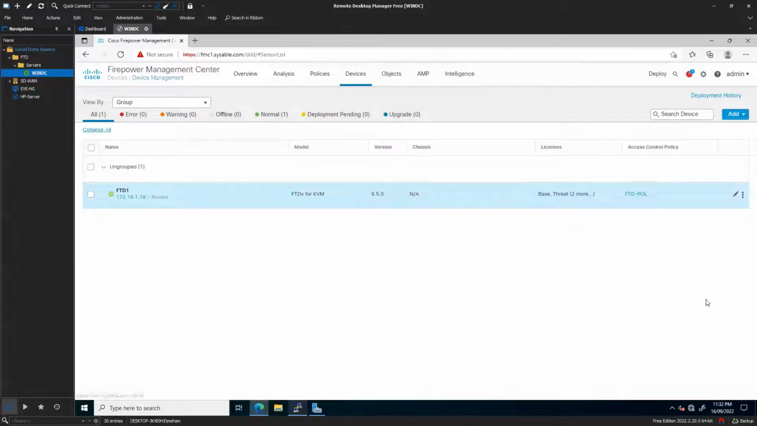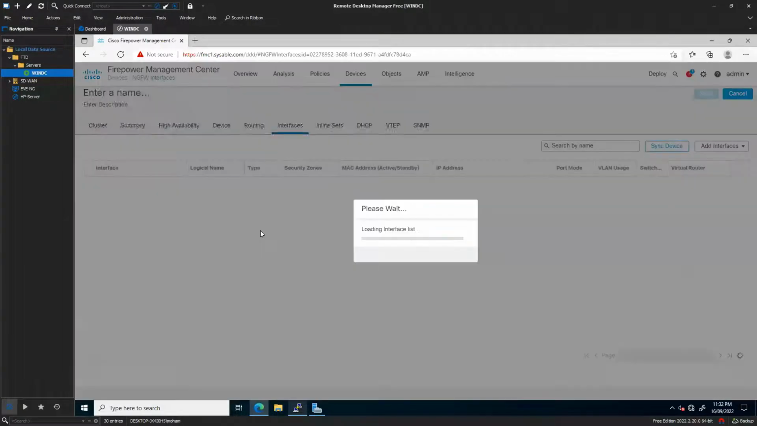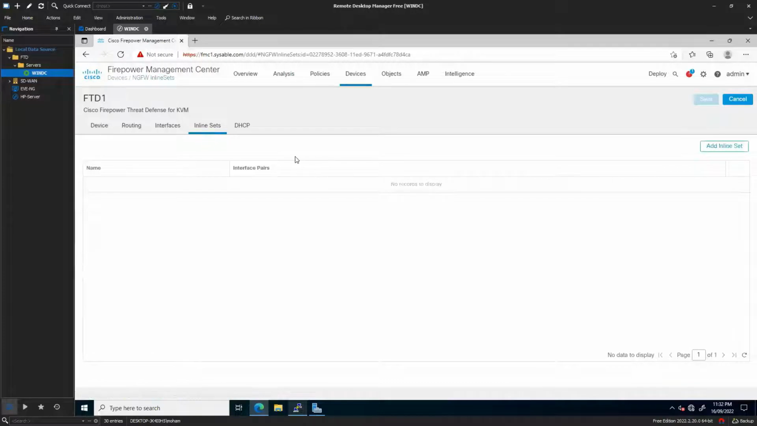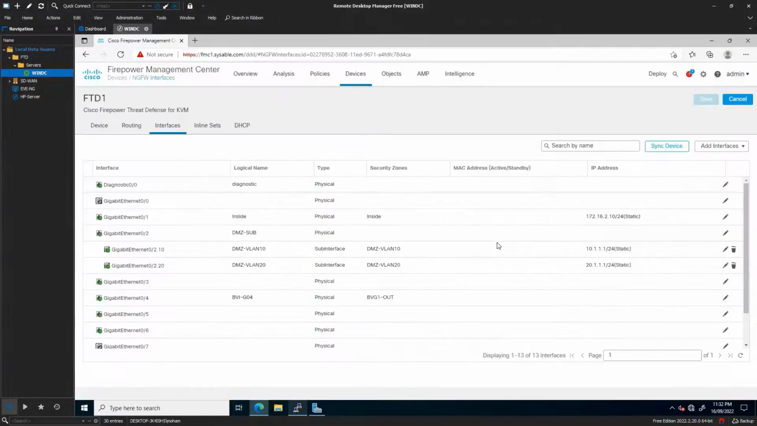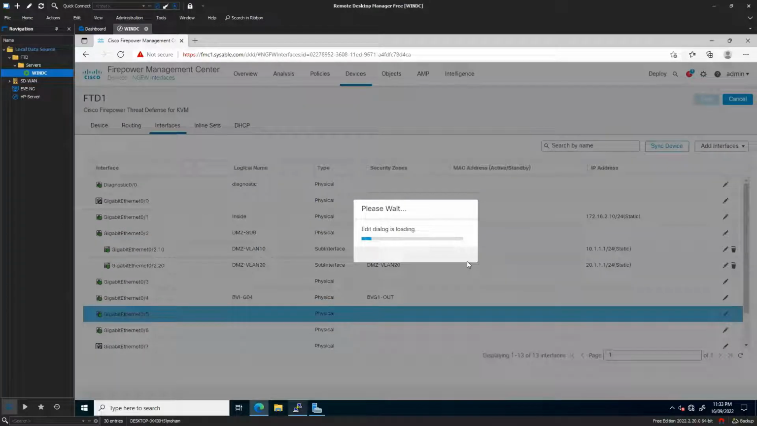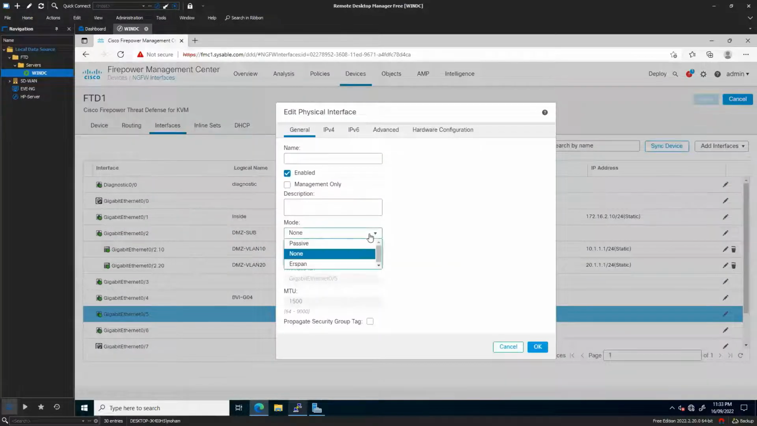Click on edit and it will take you to the interface. On the interface, first I will go to inline sets. You see that? I don't have any inline sets. That's good. Go back to interface now. First, make the interface an inline. Then only whenever you're trying to create a set, it will show you the inline interfaces. I'll go to 5 and I will say that should be enabled. Mode should be,